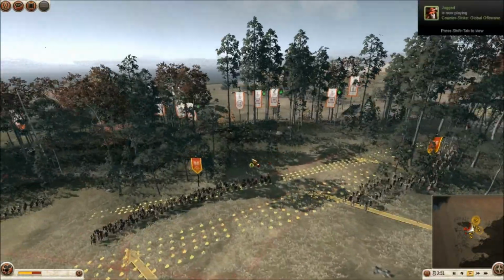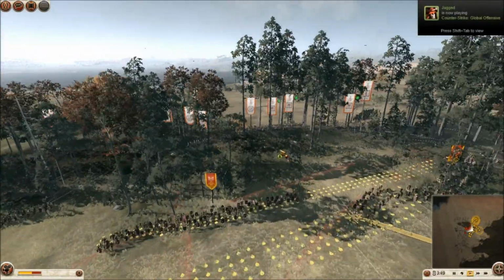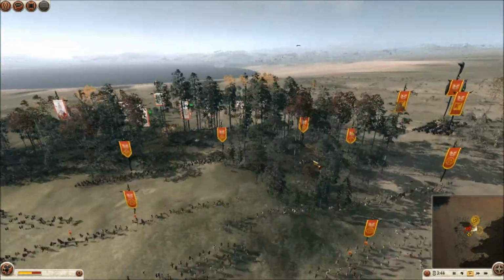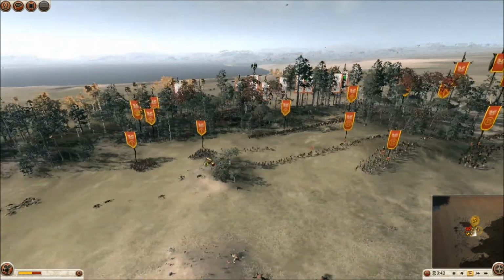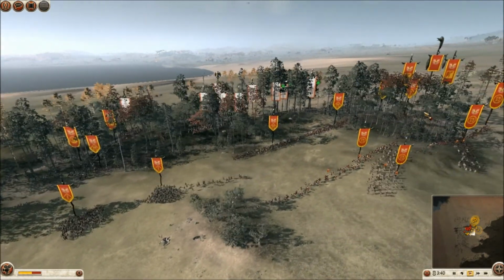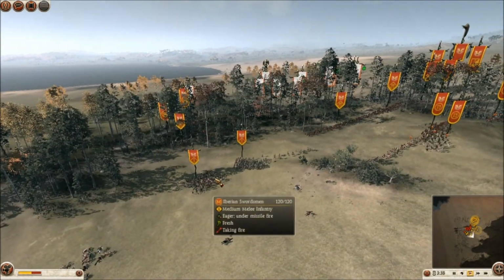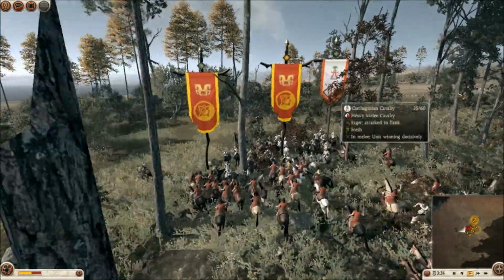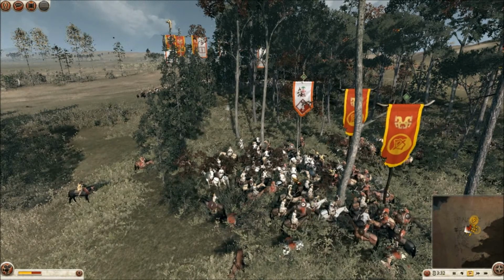They'll take the main line in the centre, right in front of his sacred band, and they'll hold there for now. And I'm going to move a unit of swords to either side, and move my Iberians and my Scutari onto this side as well. Notice that this Carthaginian cavalry is